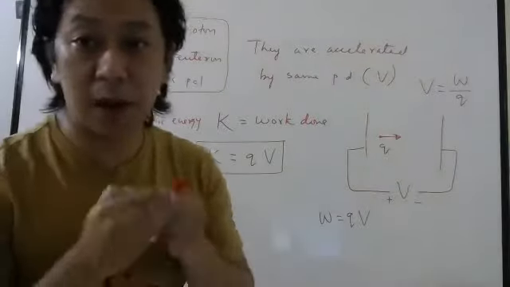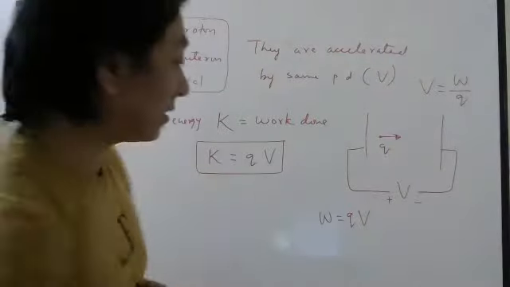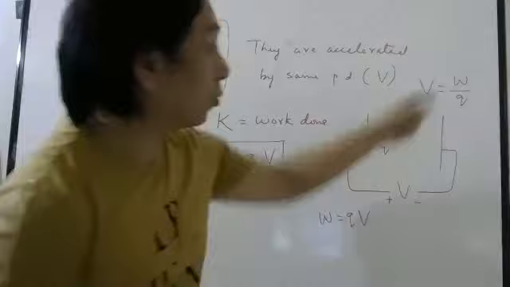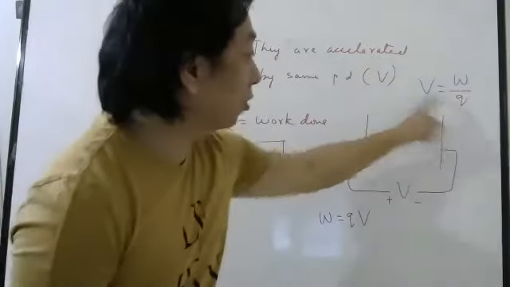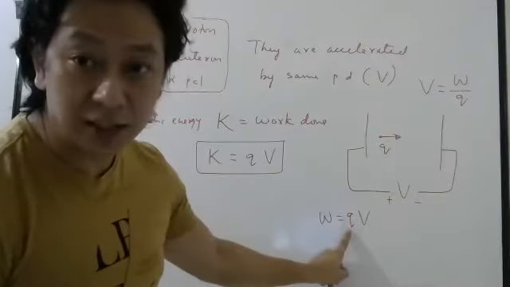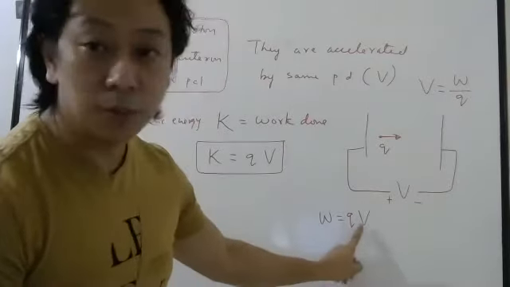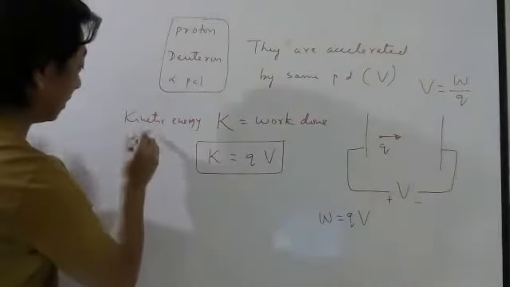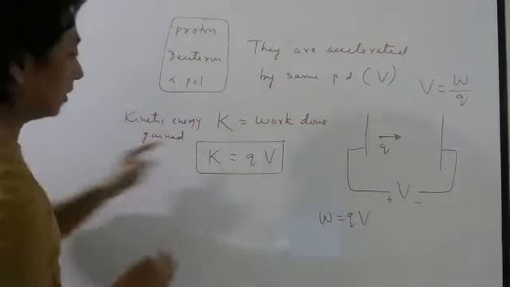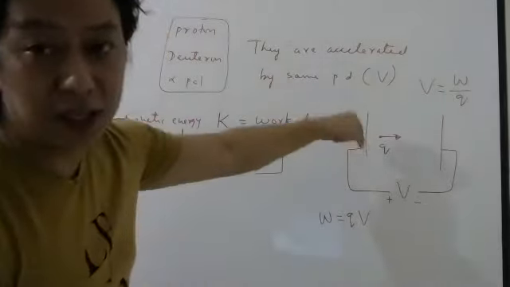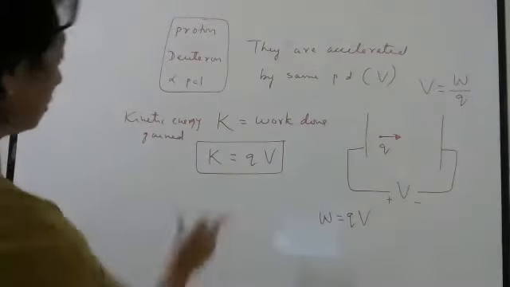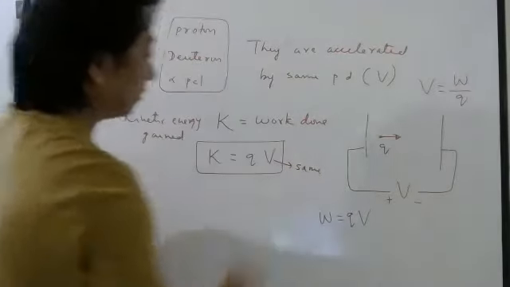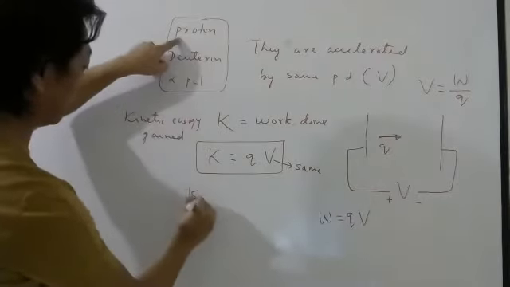So whenever a charged particle is accelerated by some potential difference V, then we know potential difference definition is work done per unit charge. So if you cross multiply, work done will be the charge which is accelerated into potential difference. Okay. And kinetic energy gain will always be equal to work done, assuming initial kinetic energy was 0. So this is very important. So you can see in this problem, voltage is same. Voltage is same. So what will be kinetic energy for proton?